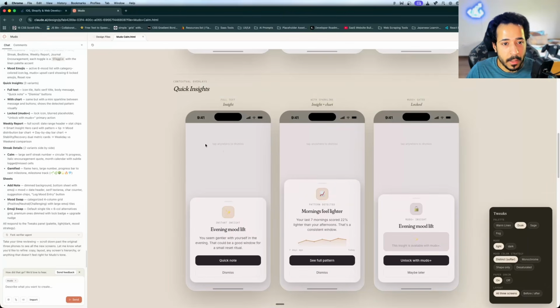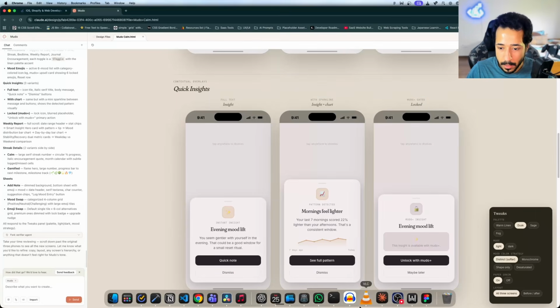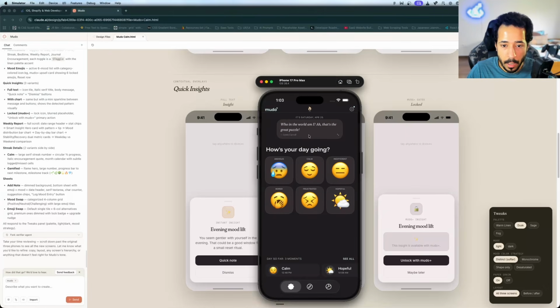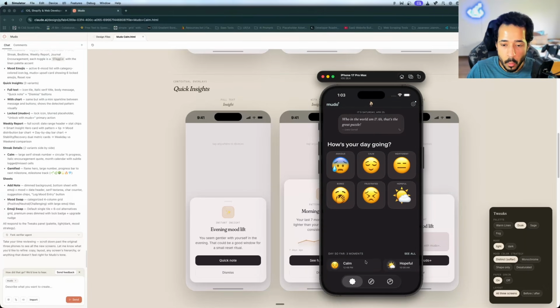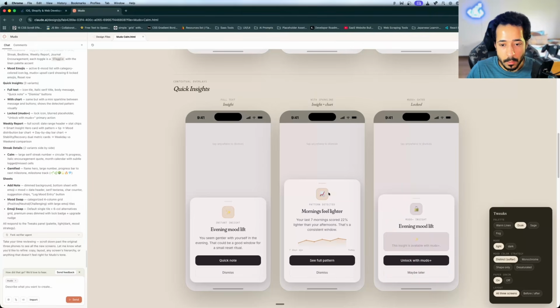And this is the quick insight screen. This is something that I kind of showed you on the app as well. We already have it. The current overlay doesn't look really nice in the app right now. That's why I was looking for a much cleaner overlay. Again, this is not very different either. The only thing I see is that it kind of looks like a bottom sheet right now instead of an overlay. But the differentiator here is that we are showing a graph in the quick insights,